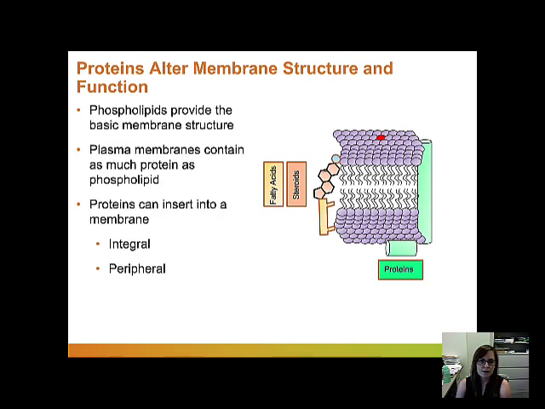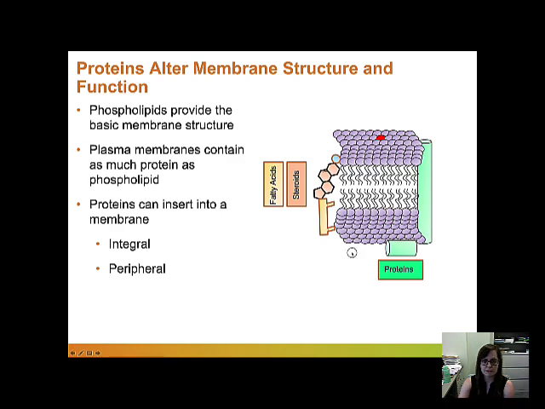So proteins alter membrane structure and function. Okay, so we talked a lot in the last class about how membranes are fluid and how they're semi-permeable and how ions move through the membranes. But really proteins in the membrane contribute quite a bit to their function. And proteins can be found in the membrane, so these can be integral membrane proteins, right? Or these can also be called transmembrane proteins, or they can be found near the membrane, and these are called